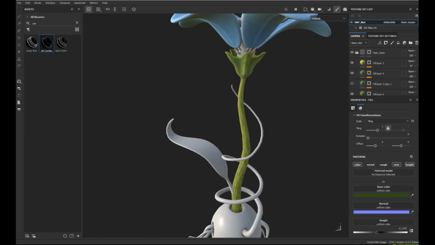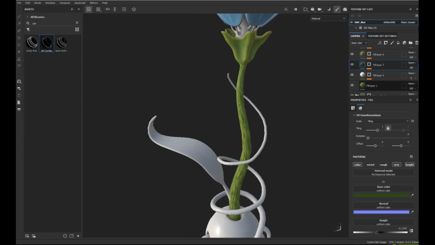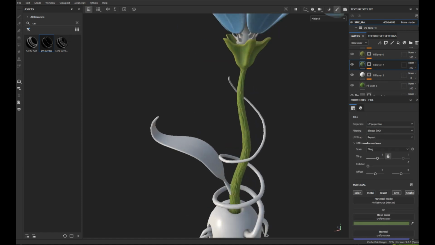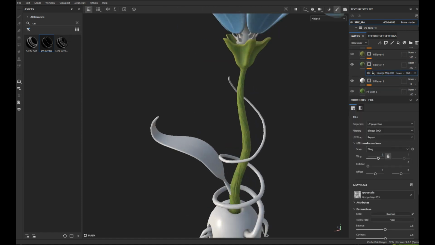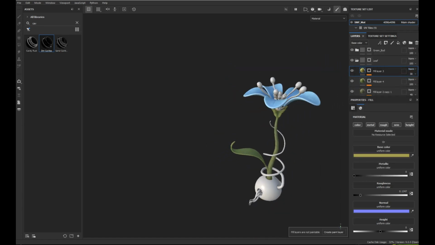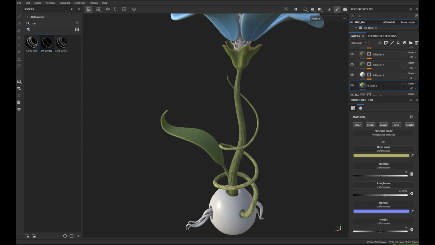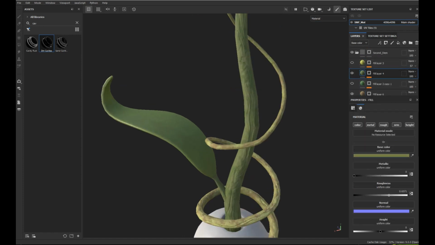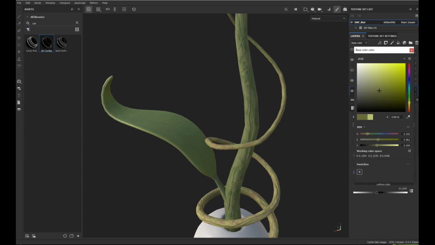Also, for the flower's stem, I add a height fill layer and give it a grunge number 5 with edited tiling. I really like to use this one for organic things. I repeat the same process for the side leaf, nothing special about it. The secondary stem, or the vine, receives an edited version of the same material. My concept here revolves around giving it brighter color and making it look drier than all other parts of the